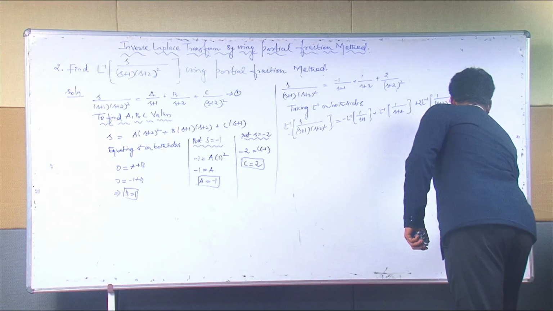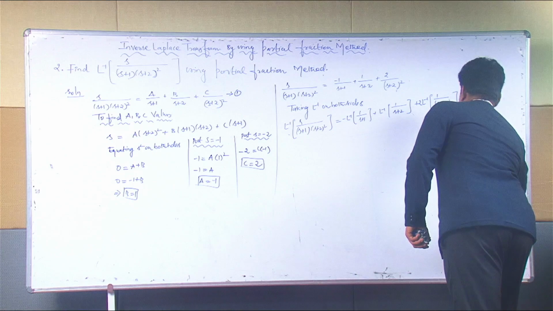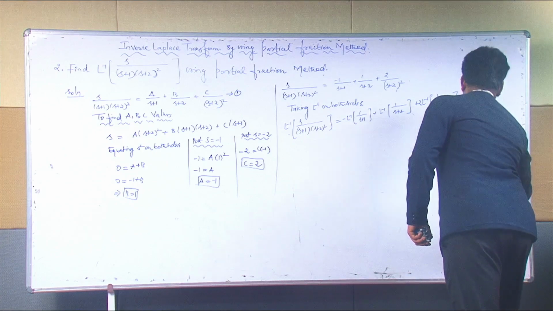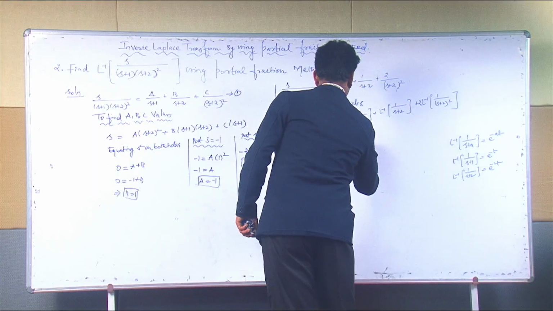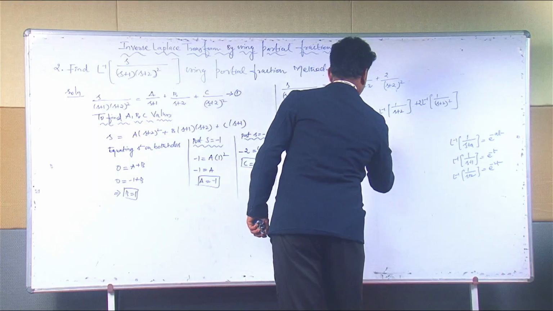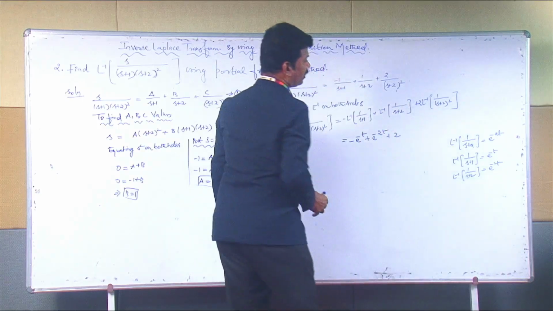L inverse of 1 divided by s plus 2 is e power minus 2t. So the answer is minus e power minus t plus e power minus 2t plus 2 into